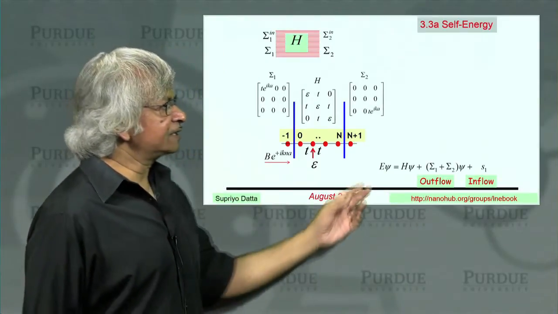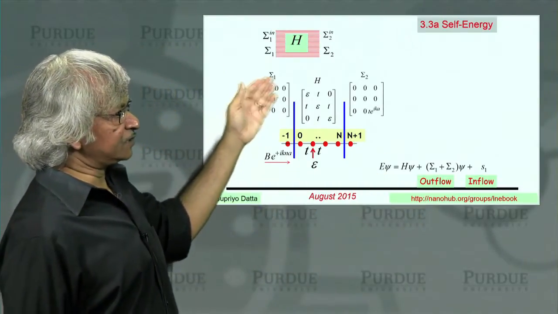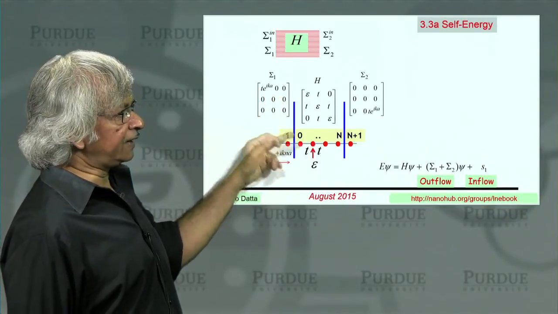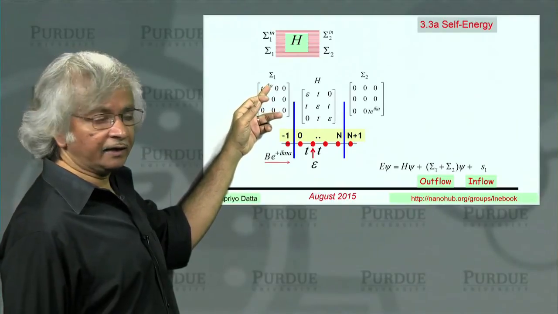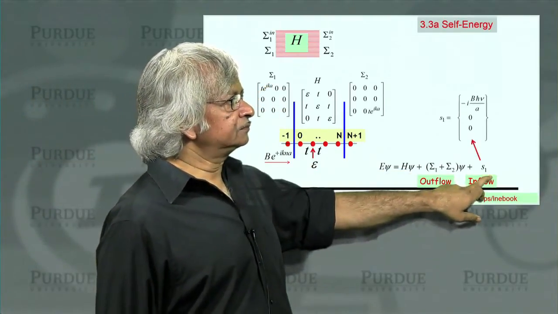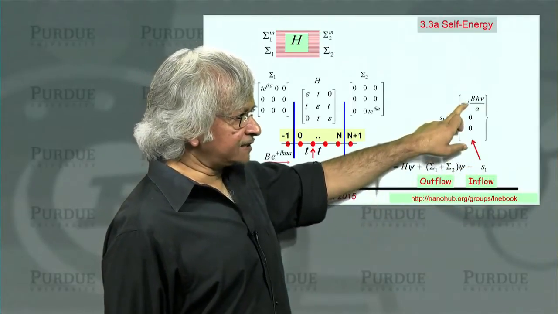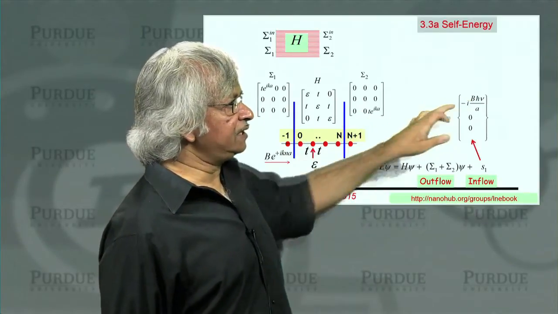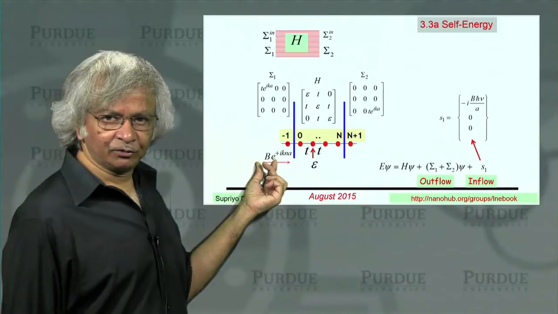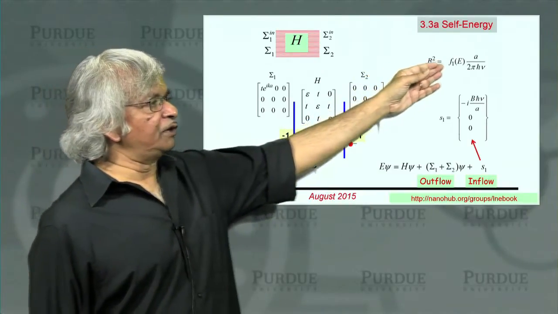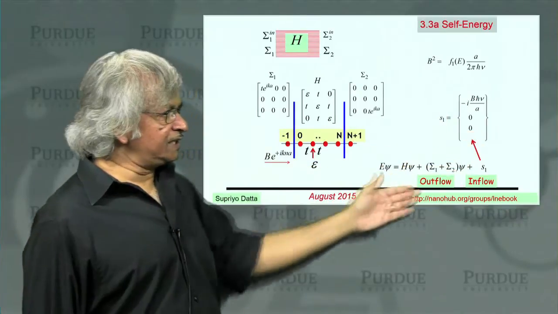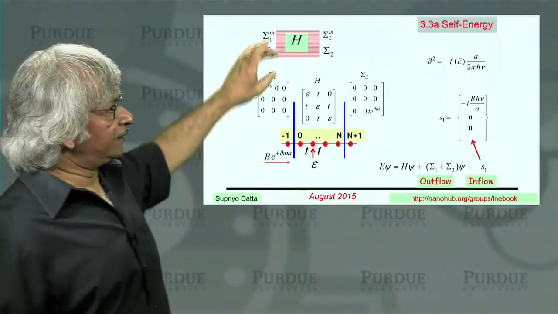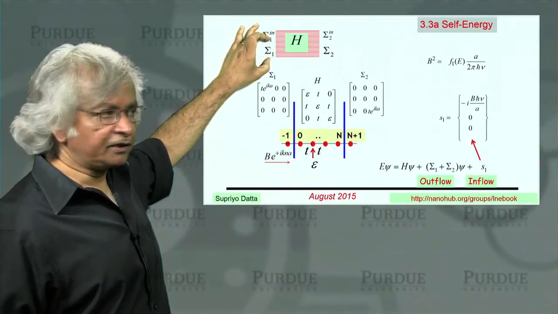And what we showed is that the expression for sigma has this form where it is 0 for all points except the boundary, and at the boundary it's t to the power ika. And the source term again is 0 for all points except the first point where the wave is incident. And this b is the amplitude of this incident wave, which is related to the Fermi function. So using these results, we obtain these expressions for sigma and sigma in. That is how to write down these self-energies for the contacts.